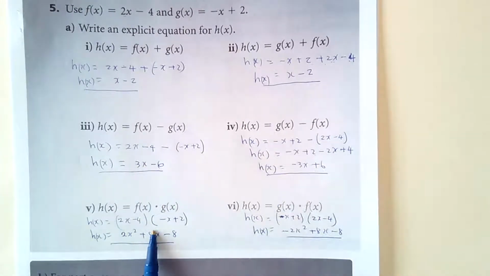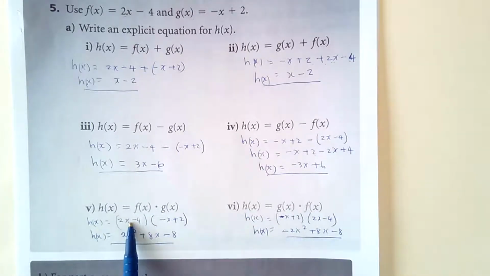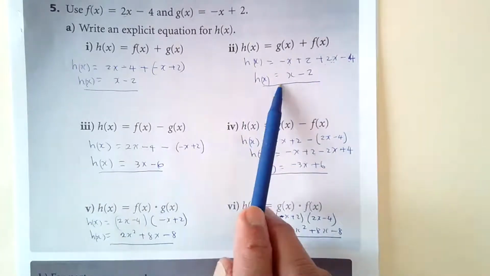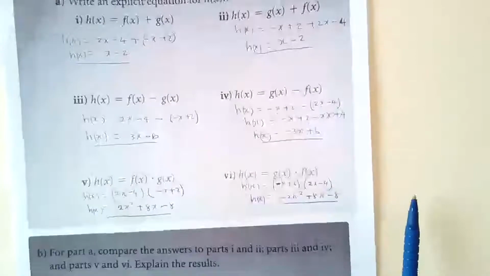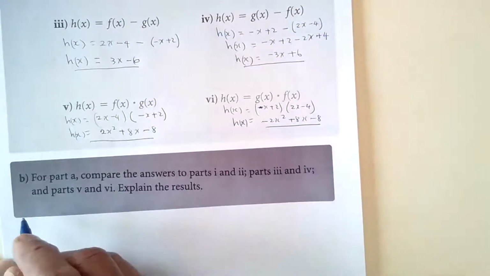For part 5 and 6, no matter which order I multiply, if I take g of x times f of x, I'll end up with the same result as I multiply f of x times g of x. You have g of x times f of x. Notice I'll end up with the same result. So the same result happening, regardless if I'm multiplying or adding composite functions. So we can conclude that